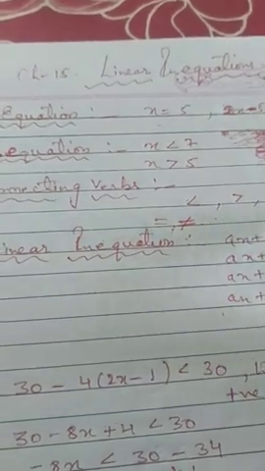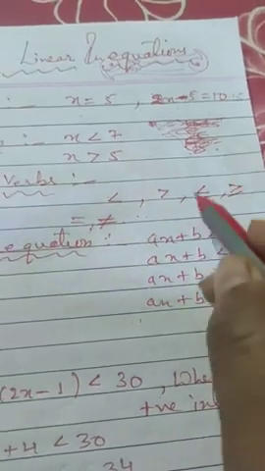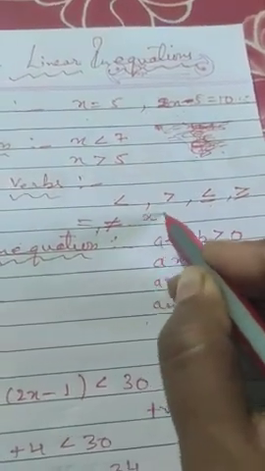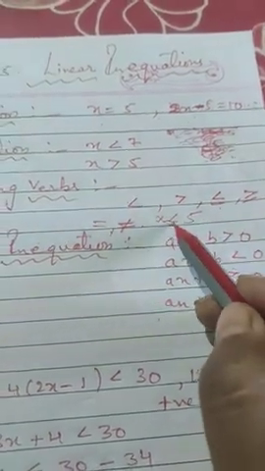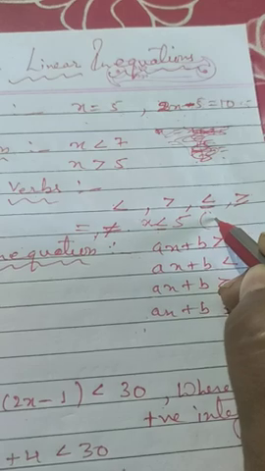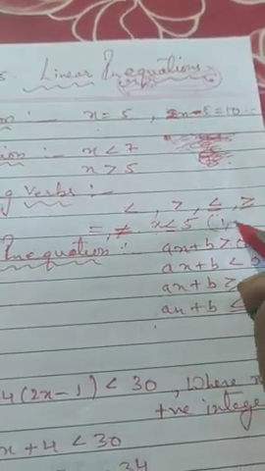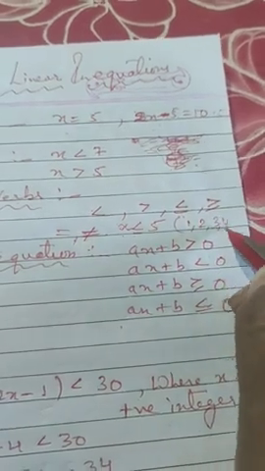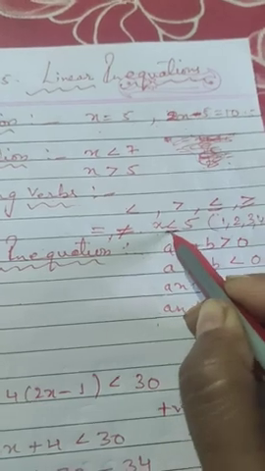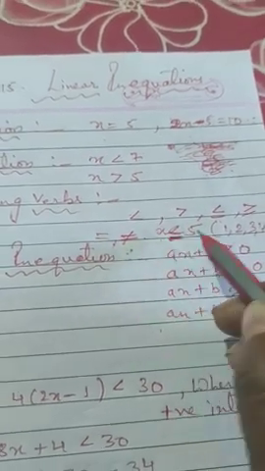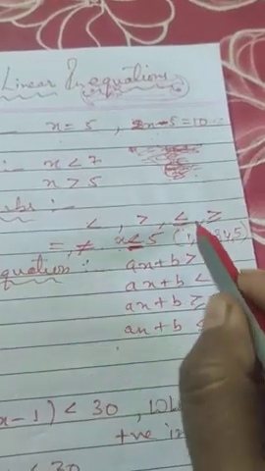Symbols of connecting verb. What is less than and equal to, children? Less than equal to means if I ask x less than and equal to 5, then what will you take? Less than 5 you take the numbers. Suppose less than 5: 1, 2, 3, 4. Up to 4? No. Here the equal sign is also written, less than and equal to, then you have to include 5 also. Understood, children? What is less than and equal to?